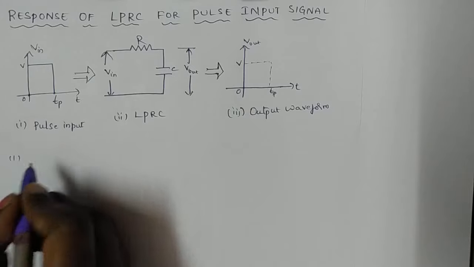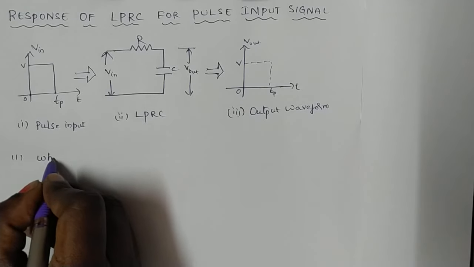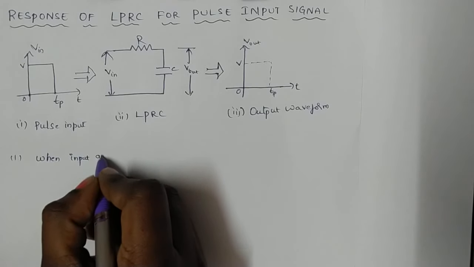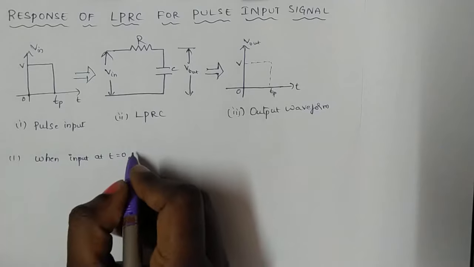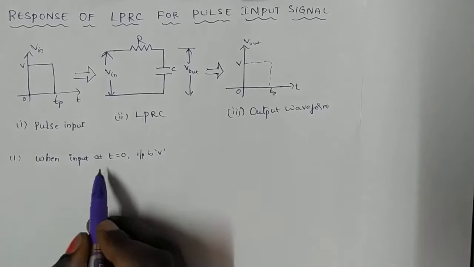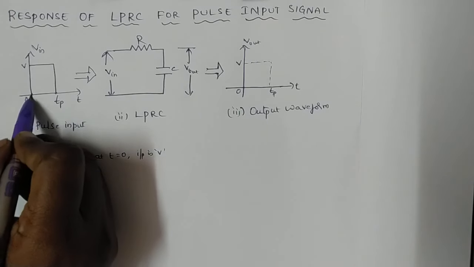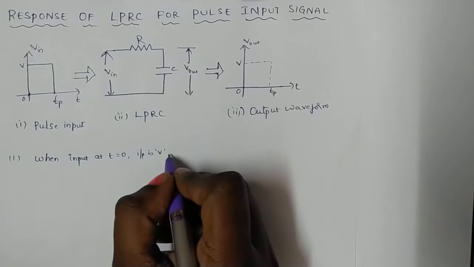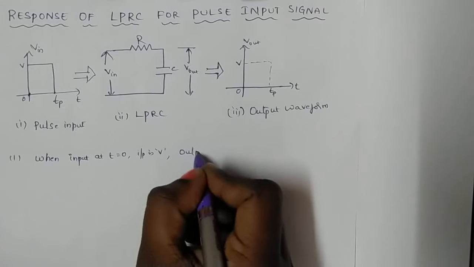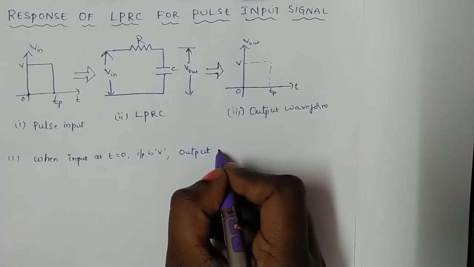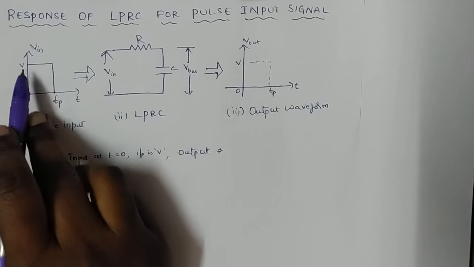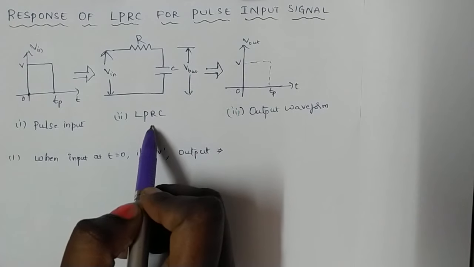In the first condition, at t equal to 0, the input is V volts, which is passed through the LPRC circuit. Then how will the output waveform be represented? When the input voltage V is applied to the LPRC circuit